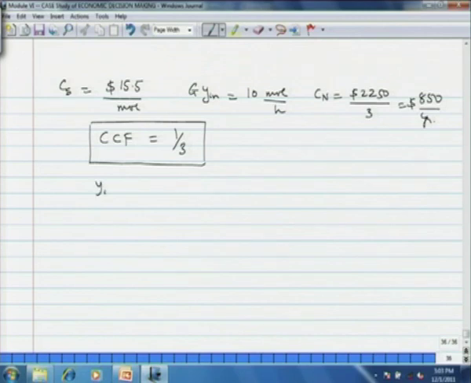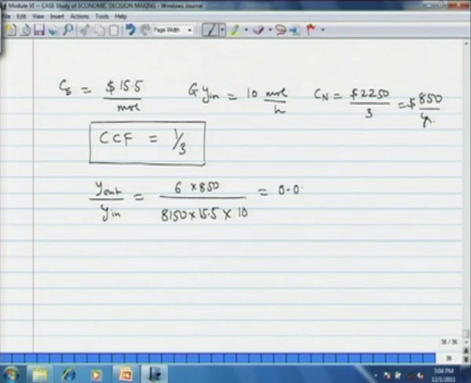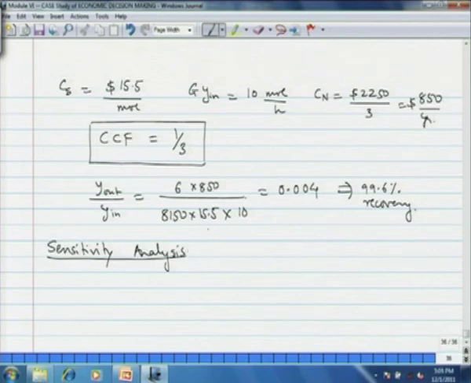If you put these numbers and then try to calculate the optimum fractional recovery, you will see that Y out by Y in is 0.004, which essentially means or implies that 99.6% recovery, and this justifies our thumb rule. Let us see how sensitive this particular fractional recovery is to the cost. Sensitivity analysis. Suppose any of the numbers that is on the right hand side, any of the cost numbers on the right hand side, doubles,